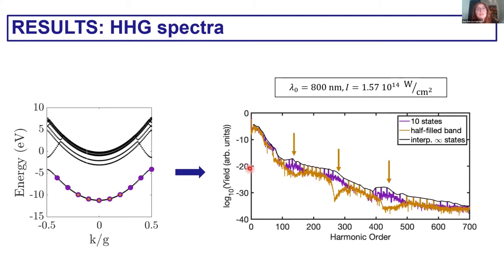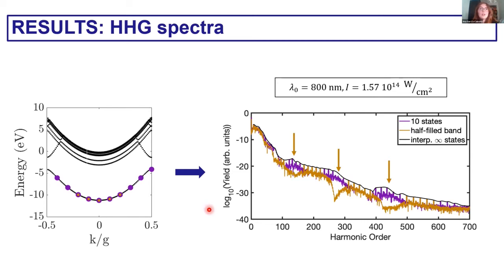As we have seen, the harmonic spectrum obtained depends strongly on the different states in the band. So it is interesting to see what happens if only half of the lower band is occupied. The purple line represents the spectrum for the complete band, and the yellow line corresponds to the spectrum for the half-filled band situation. Here we observe a series of holes corresponding to the states that are not occupied. So the spectrum gives us an idea of the Fermi level.